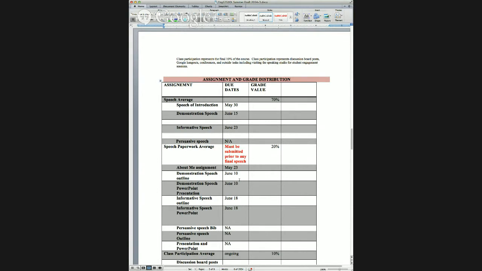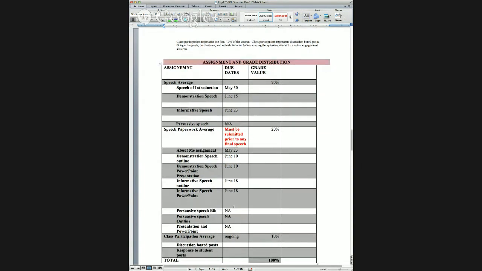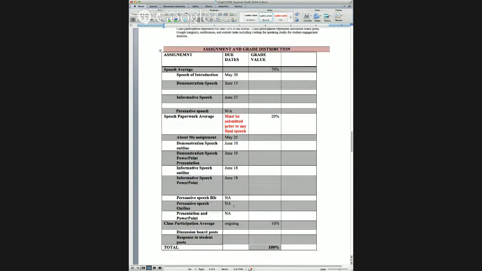So what I want to try to do is actually push that back a little bit, not too much. Because if we know, believe it or not, as of Friday, we only have roughly 3 weeks of school left. So I want to make sure that we get everything done as soon as possible. So we have the demonstration speech that is due actually on the 15th. We also have your PowerPoint and demonstration speech outlines that are due actually on